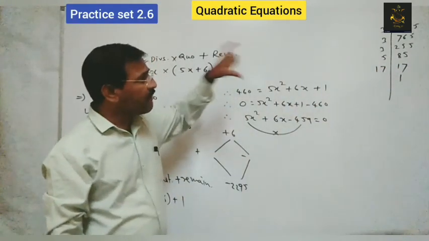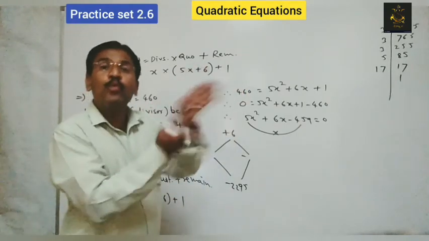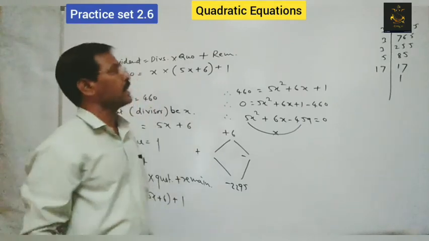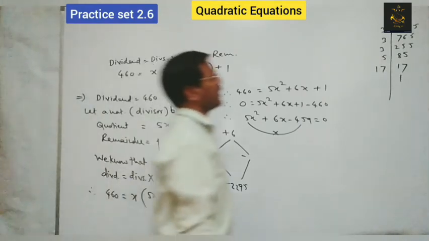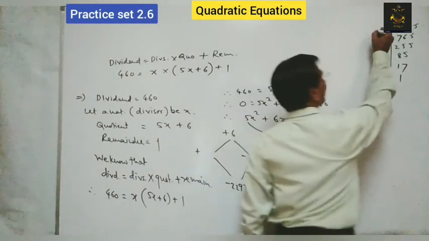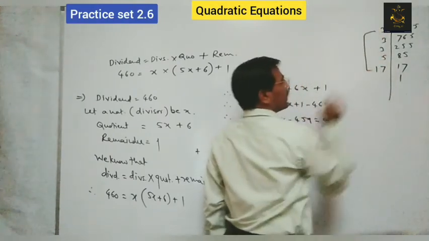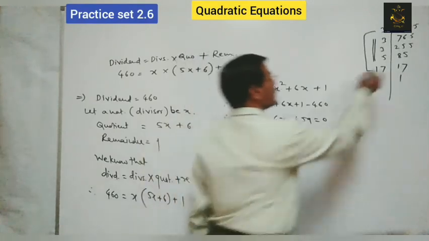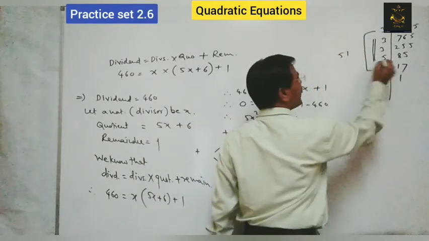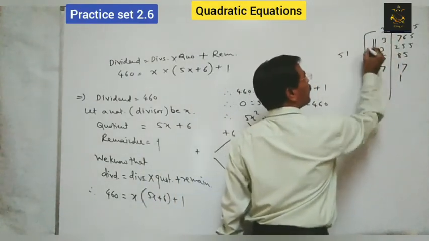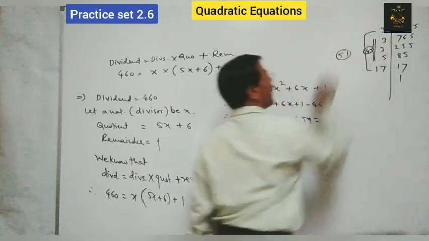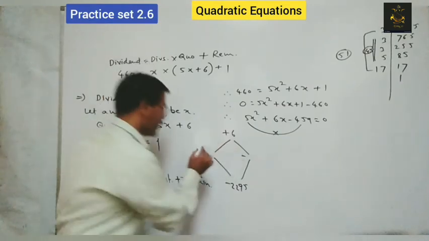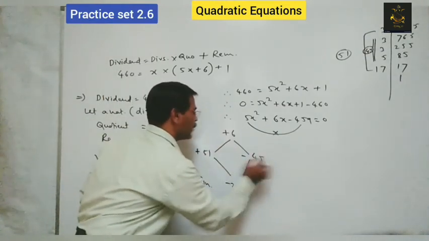So there are some factors. Make them into 2 parts, where the difference is 6 here. Let's verify here. What will come here now? Just look here. 17 and 3, and here 3 3 9 5. Yes, it is. 17 3s are 51. 5 3s are 15, 3 3s are 45. Like this, 45 and 51. So their difference is 6 here. Like this, here it is 51 and 45.